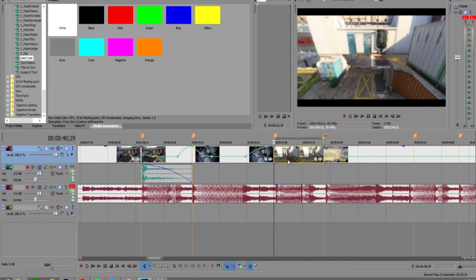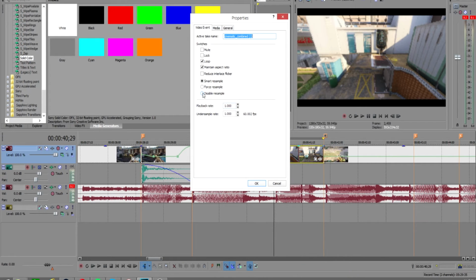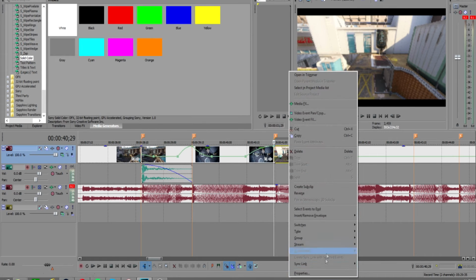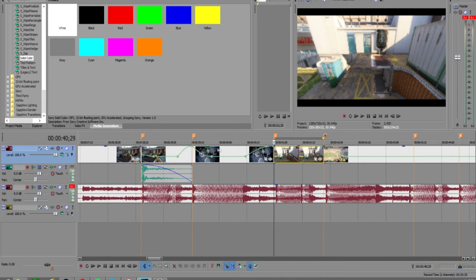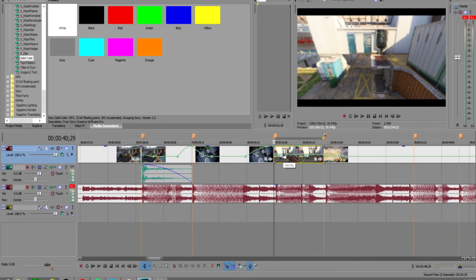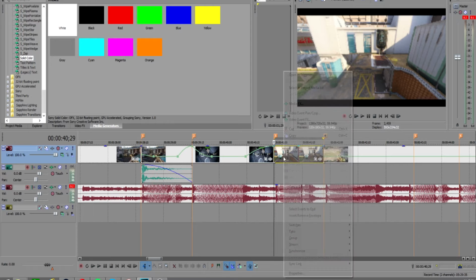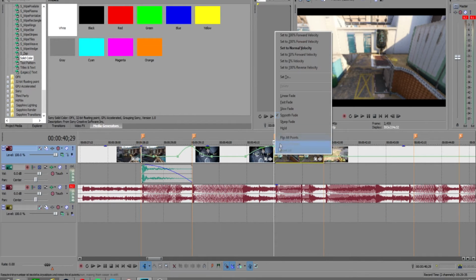Okay, so for this you want to do the same thing. You want to disable resample or it'll look ugly, and you don't want that. So you do the same thing with the clip as you do with the cinematic. You go to the velocity, insert envelope, velocity. Yeah, I just erased it. So I want to put it at 50,